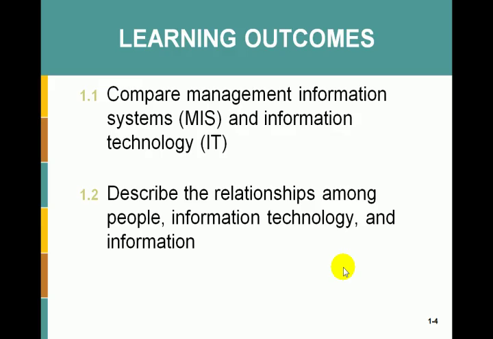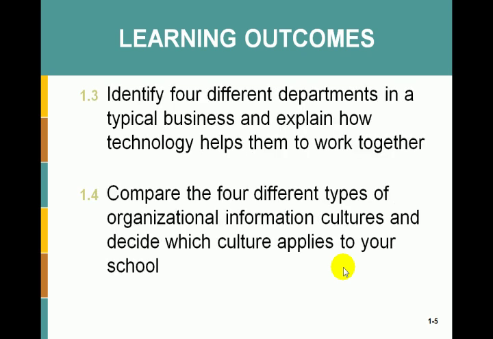So in Chapter 1, we first try to differentiate management information systems and information technology. MIS is a more generic term, which has a strong organizational and behavioral issue on top of the information technology, which is more technically driven. We're going to describe the relationship between people, information technology, and information. Those are the three pillars regarding management information systems. And we're going to study how different departments work within an enterprise and describe different types of organizational information culture